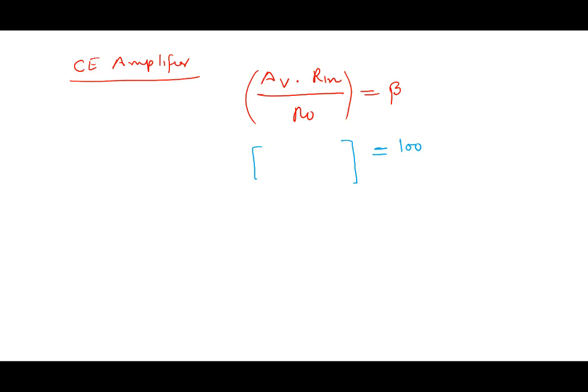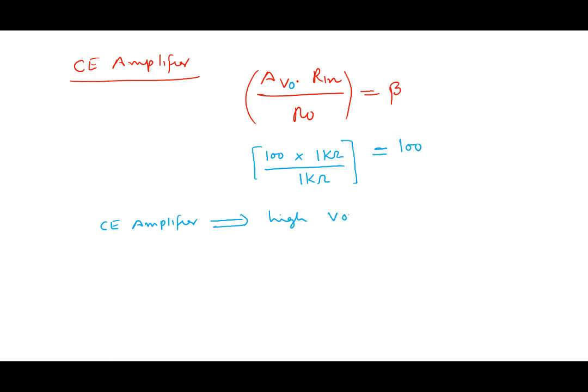So one possibility is, for example, if I choose AV0 of 100, Rn of 1 kilo ohm, R0 of 1 kilo ohm, I may design an amplifier like this, and it gives us 100. So with this in mind, many books say that a common emitter amplifier with these kinds of numbers, people take these as typical numbers, gives you high voltage gain,